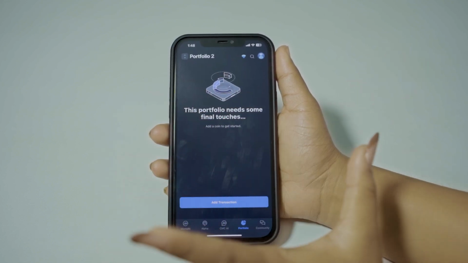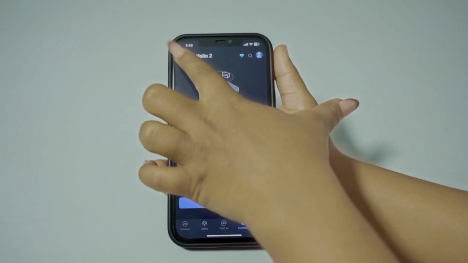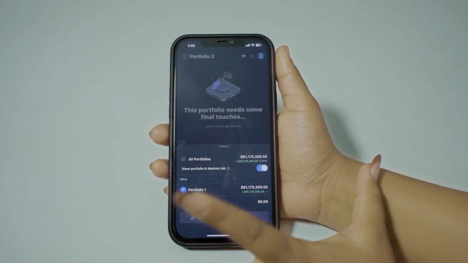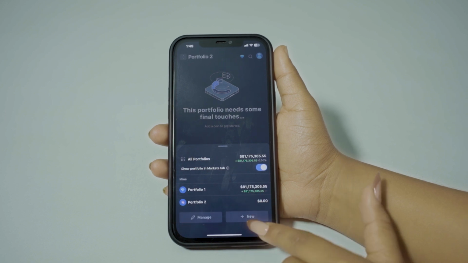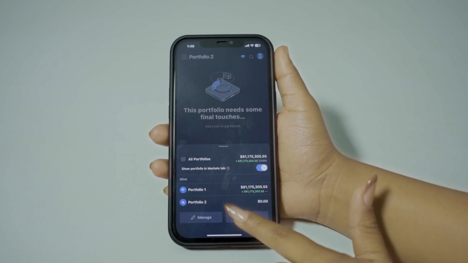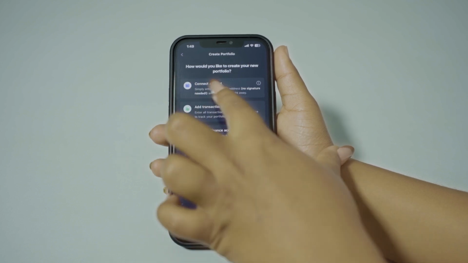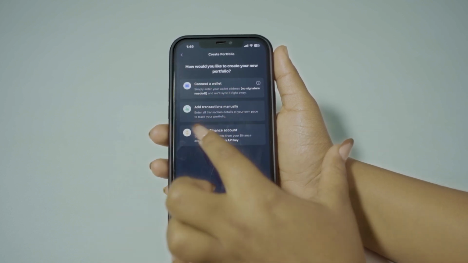So if you want to change your portfolio, you can tap on this icon right here, and then you can simply tap on the existing portfolio, or you can simply tap on the new in order to create new, just like this. Now you can select the option of whether to connect with your wallet or connect with your Binance